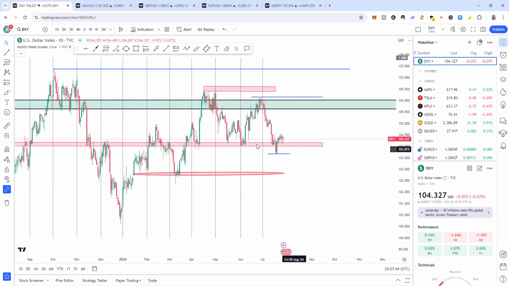I'm on the weekly time frame right now, and if you remember, 2 weeks ago we were talking about the fact that for the dollar index, price had bounced off. Price has been ranging between this zone and this zone. After forming this high, it created a lower high, signifying that price is bearish, and it's been falling ever since. But then it came down to 103, and we see the dollar index form a support.